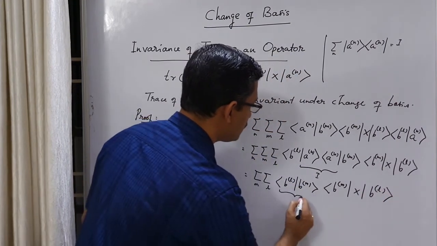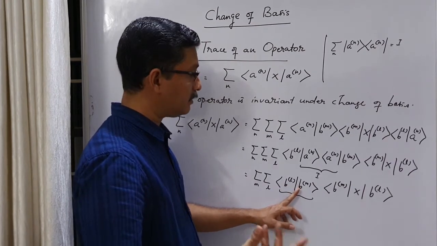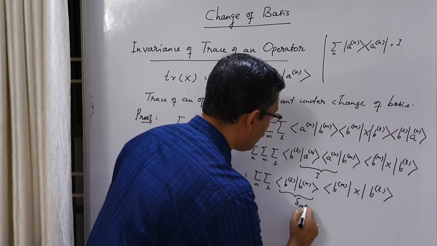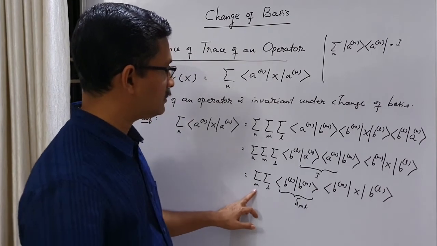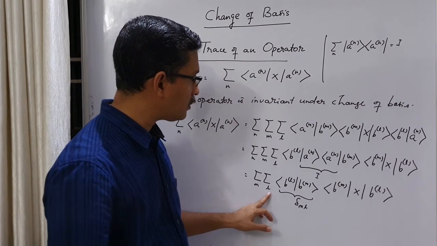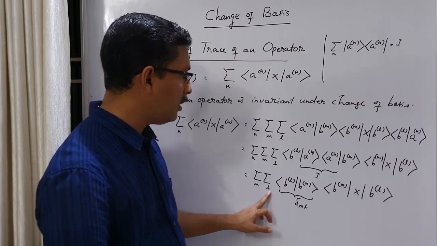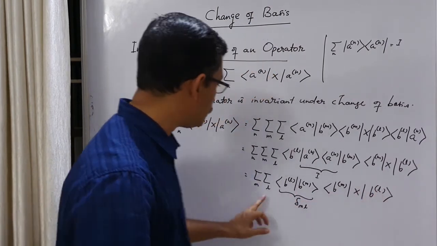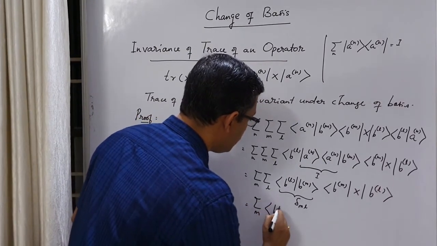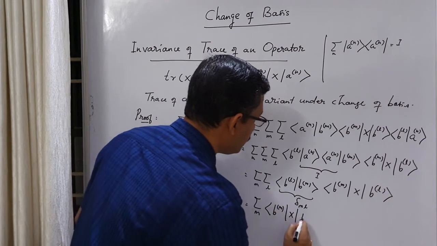But what is this? This is the inner product between two ket vectors in the new basis, and they are orthonormal to each other. So this must be delta ml. So one of the summations will go. Let us say summation over l will go, and what is the only non-zero term? l is equal to m. When l is equal to m, this Kronecker delta will be 1, and you have to put this l also equal to m. So what is remaining is sum over m, bm x bm. This l becomes m, right?